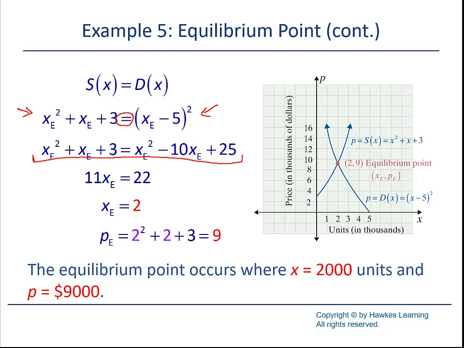Subtract 3 from both sides, you get the 22, and adding 10x to both sides gives you 11x, so we have 11x equals 22, or x equals 2. The break-even point is where x equals 2,000 units, because if we sneak back here,